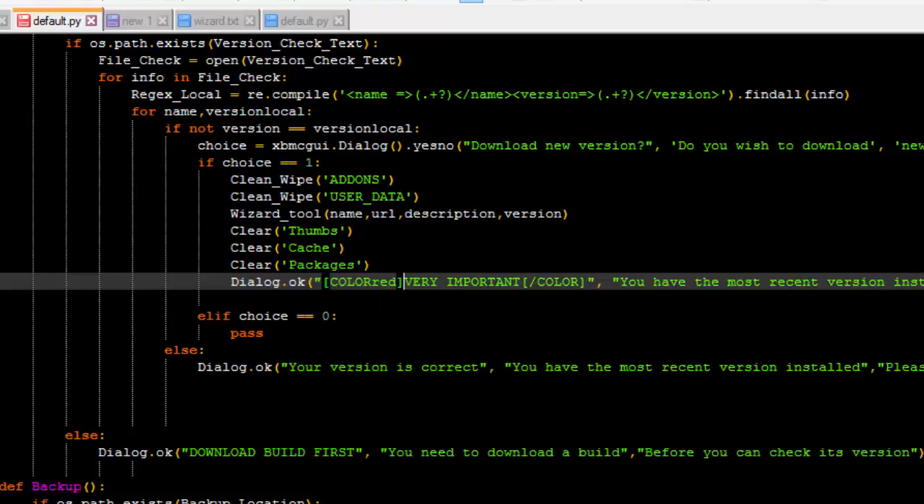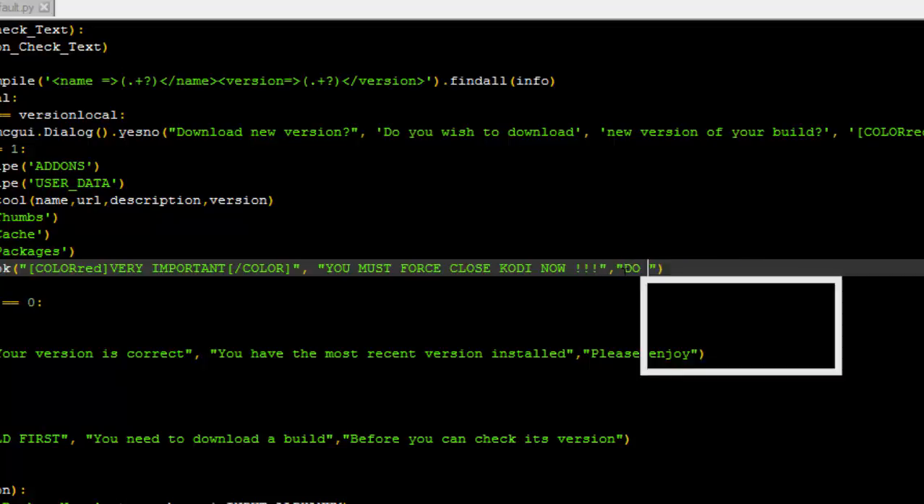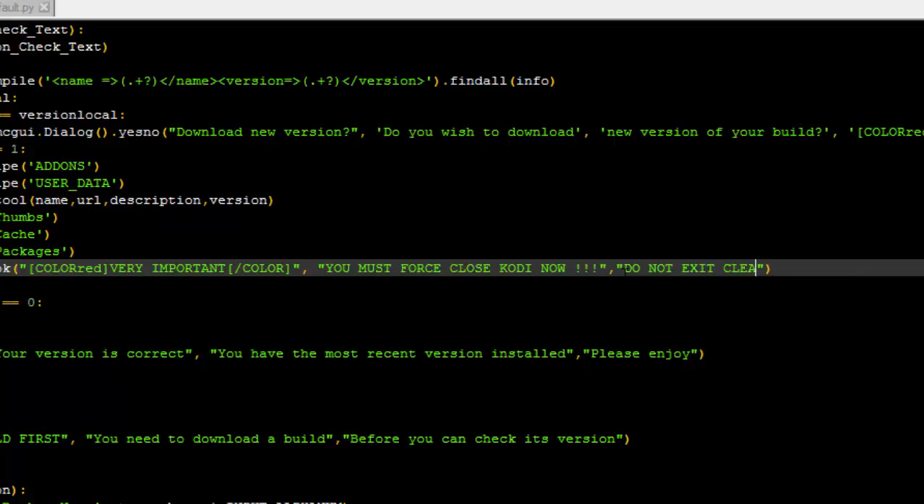force close on Windows, but to be fair, I think most people use Android, so it's pointless. A lot do use Windows, but just press Control and Delete and then close it in Task Manager to force close. You must force close Kodi now. Do not exit cleanly. All changes